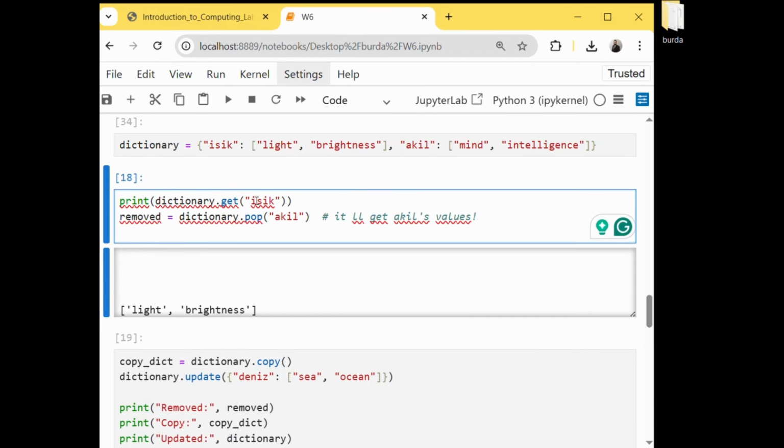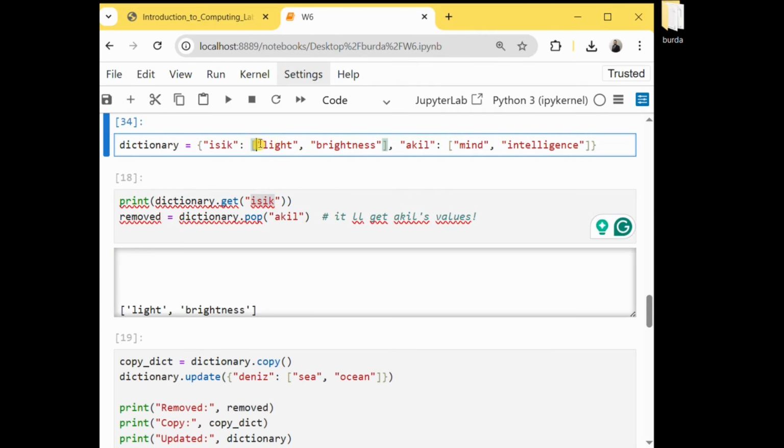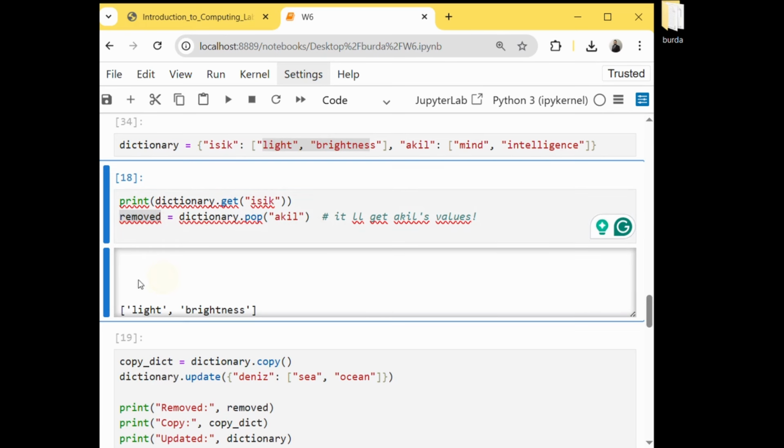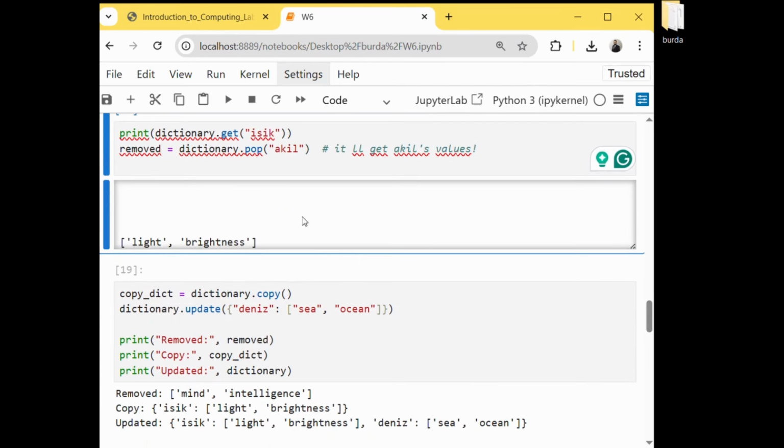If you remember, get was returning the values of this key. It means it's supposed to see light and brightness. And pop, it was removing the values of the key you put inside here. And also, you can assign the values to one variable. Okay, let's see together. If I run it,